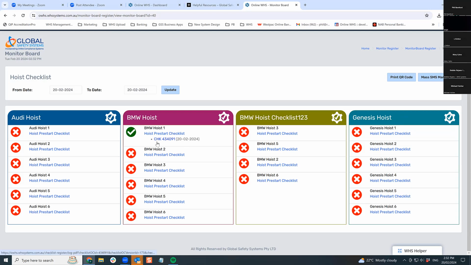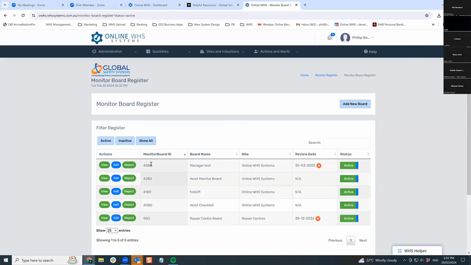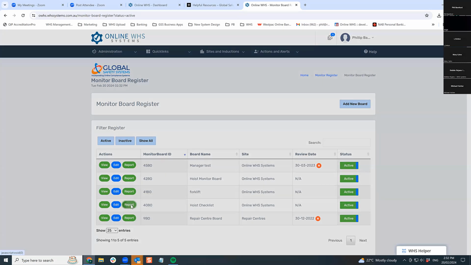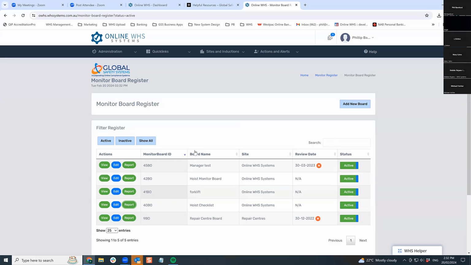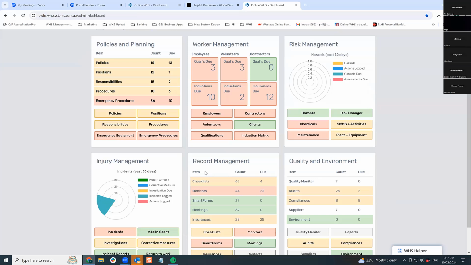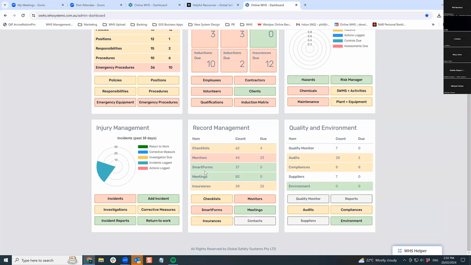And there's that checklist that we actually did just previously. So this will all go to a green tick hopefully over the morning or the day, and then automatically go back to red crosses if I've selected that date frame as 0. But you can also print out reports for this process as well. So it's a really, really powerful feature, especially where you can highlight that